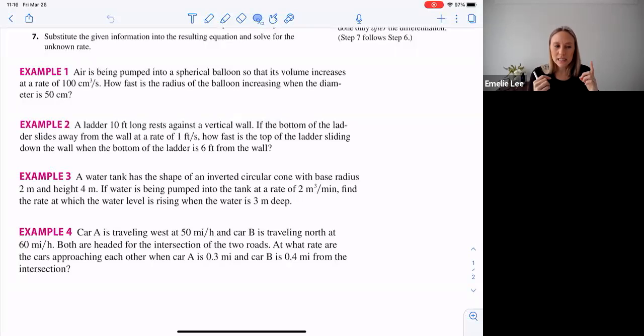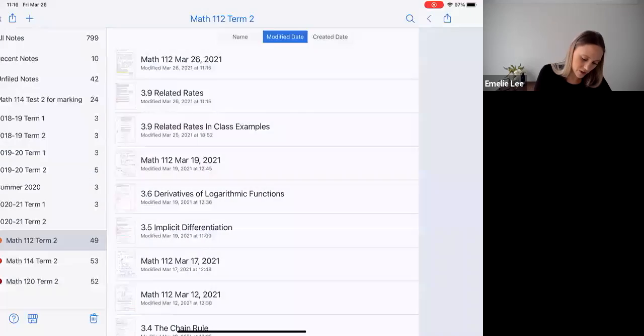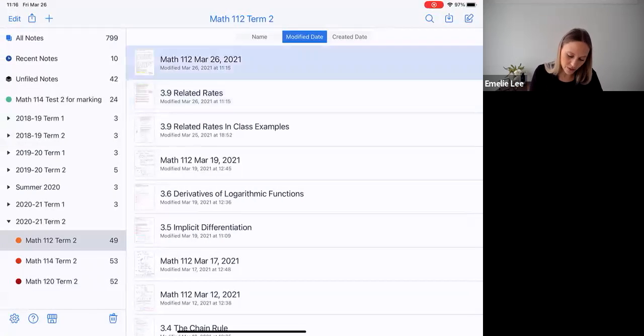The only one that I didn't put on here, but it is on the extra practice problems, is a shadow example. So maybe have a look at those, but because these are the ones we'll do in class, I want to focus on these ones. So, different scenarios that we're going to talk about